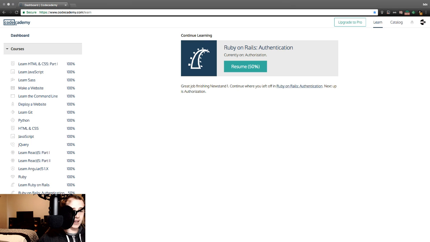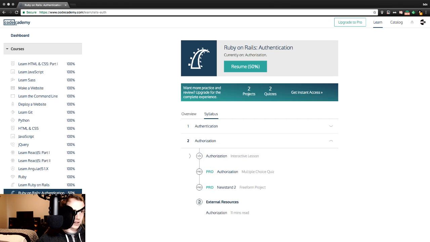Today is day 135 of the year of streaming and learning to code. We are continuing here at Code Academy, 50% of the way through Ruby on Rails Authentication. We will be diving into the second lesson. Yesterday we finished Authentication, and now today we will be tackling Authorization, the one free lesson that they have for us. And then we should be done with Ruby on Rails, and then tomorrow we will be diving into, I